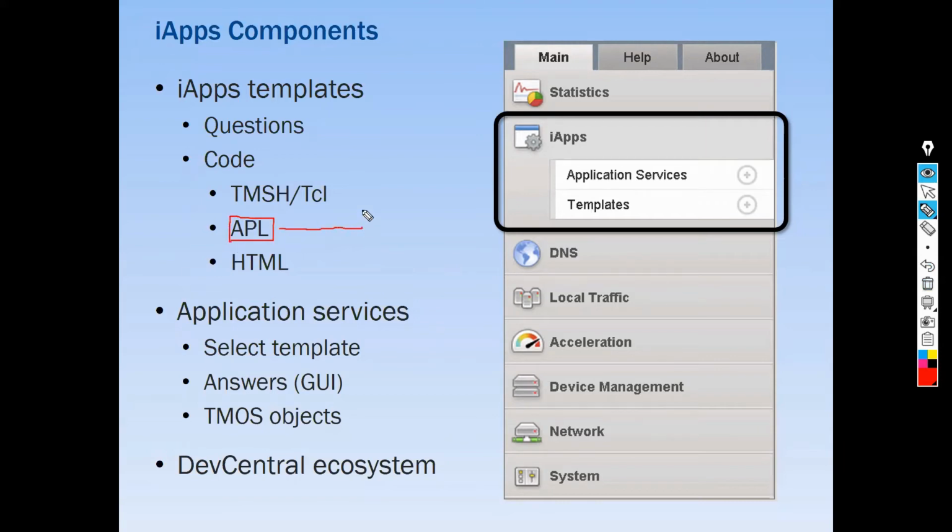APL is code written to define how the GUI should look. Once the user has selected the IAP template, what questions must be visible, how they should be visible, what kind of questioning form you should use, everything you will be writing with the APL.